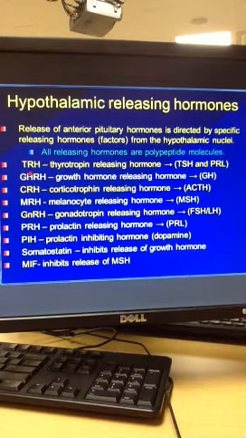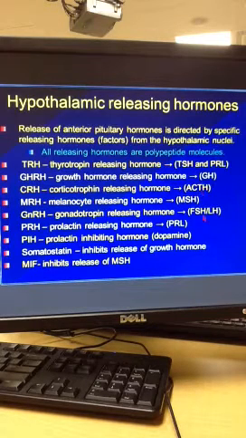By the initials here, TRH, thyrotropin releasing hormone, acts on the anterior pituitary to release TSH, thyroid stimulating hormone, and PRL is prolactin. Growth hormone releasing hormone releases growth hormone, and growth hormone then acts on every cell in the body. In fact, if you look at these, the ones in yellow,